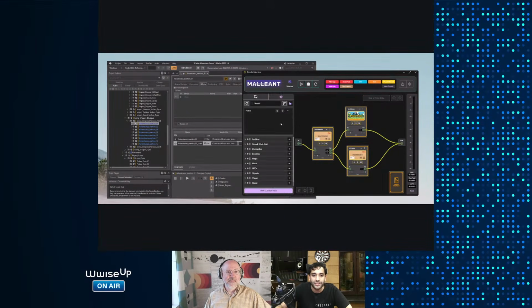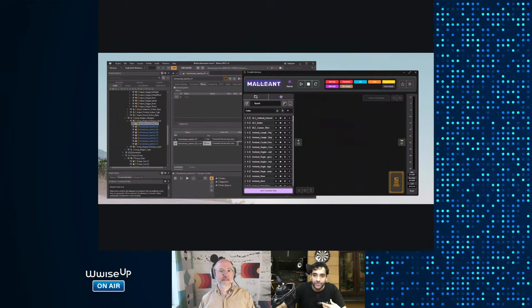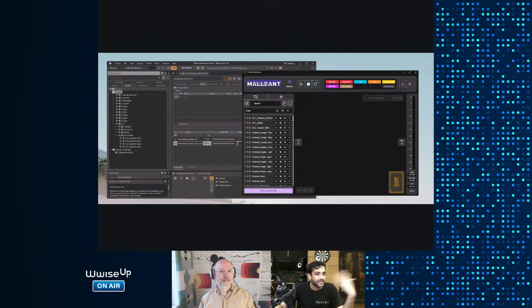Okay, perfect. So first things first, as I said, if you load up Malian and then load up Wise and you don't see anything over here, all you have to do is press the refresh button and it'll refresh. So let me start from this point onwards. Now we see that Malian is mimicking what's there in Wise. So now I can just screen share Malian. Sure.